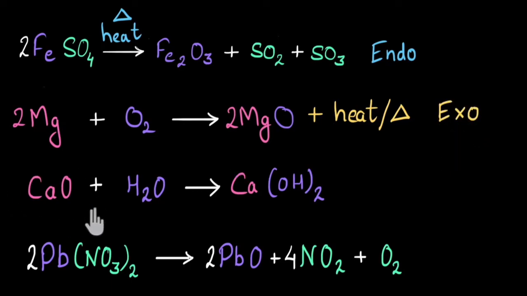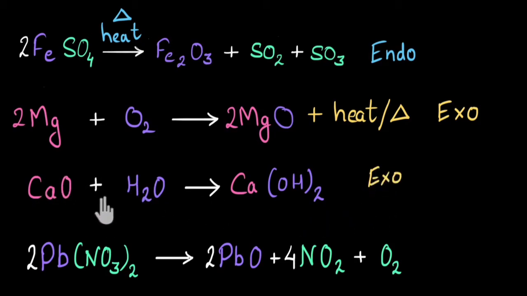Now let's look at this one. Here I can see that calcium oxide plus water is giving me calcium hydroxide. So I can see that two reactants are combining to give me one single product. That means this is an example of a combination reaction. And we have seen earlier that in general, combination reactions give out more heat. Meaning I can guess that over here also more heat will be given out. And such reactions are called exothermic reactions. And yes, my guess will be right over here.